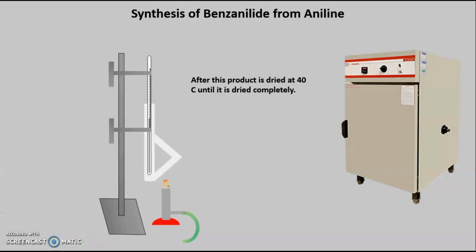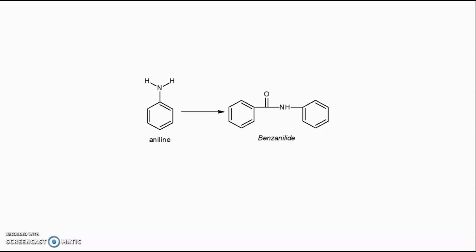So, this is the assembly, that is, your Thiele tube that is used for the measurement of the melting point, which contains liquid paraffin as an oil. Remember, liquid paraffin is used because it has a higher boiling point than all other organic compounds. Now, here is one precaution that we have to take: while heating, we have to heat at the side arm of this Thiele tube, so that our product is not directly heated and we will get the correct melting point. So, once we have determined the melting point, the next step is to perform the calculations.